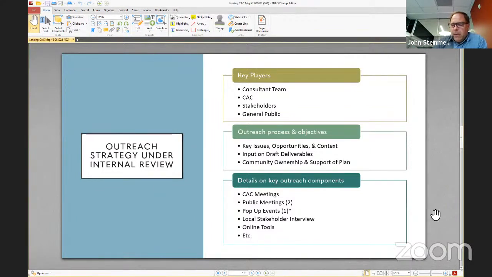But between the online survey and potentially print survey that we're going to do, the public meeting, and the pop-up event that we're at, plus all our conversations with you, that's going to give us multiple touches with the community in terms of gleaning the first round of information that we need.